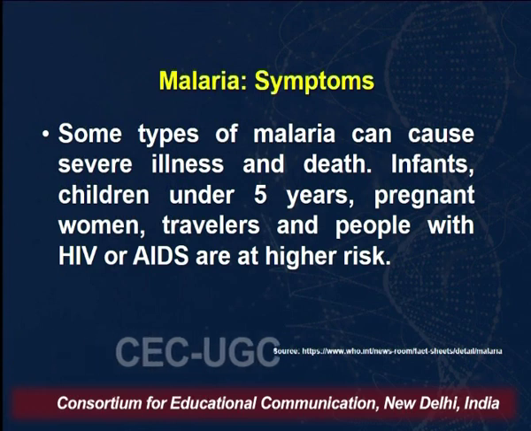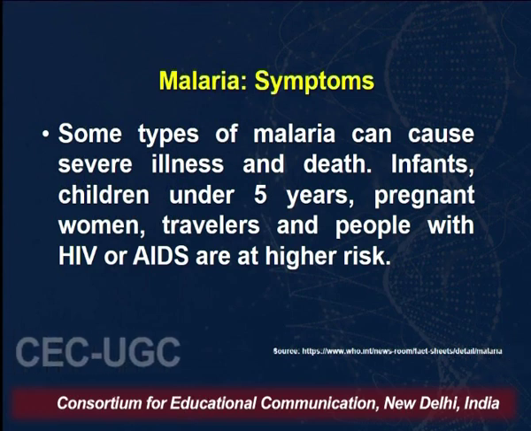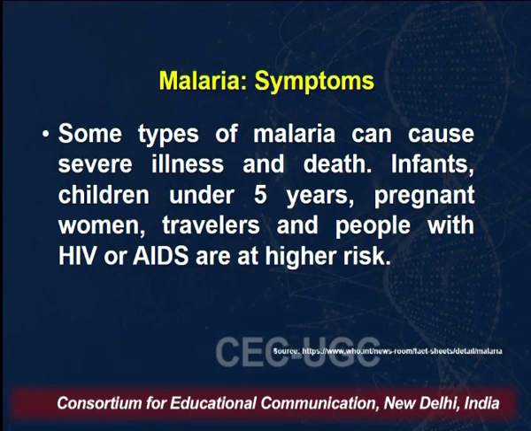In the case of infant children under 5 years, various symptoms are being reported, and people with HIV or AIDS infection are at a higher risk because they are immunocompromised. So, we know that whenever a person is immunocompromised, there are high chances that the person may get many infectious diseases or opportunistic diseases. One of the opportunistic diseases is malaria, because as the immune system is lowered, these infections can easily occur because they can't be traced out by the surveillance of the immune system within the